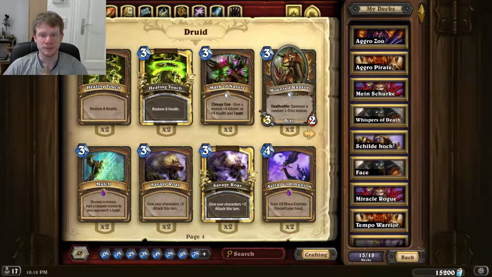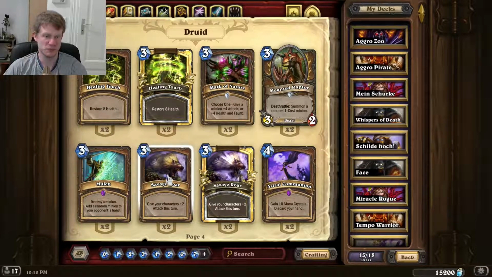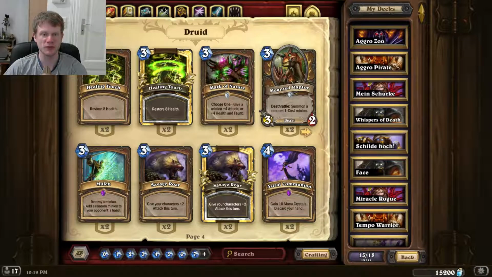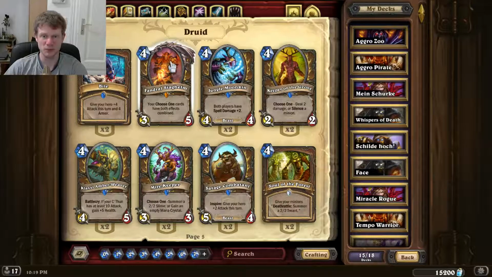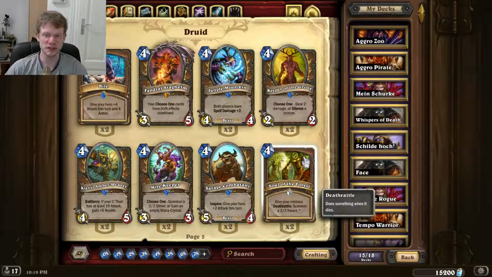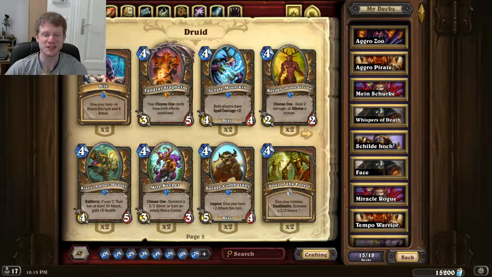Then if you can somehow flood the board in one turn, you could also think of using Savage War. Another one is Fenrir Stelak. He's one with a really good effect. If you have enough Choose One cards, then this card would also be really good. Soul of the Forest would also make sense, because you need a board for this card to be really good. And yeah, your minions in stealth